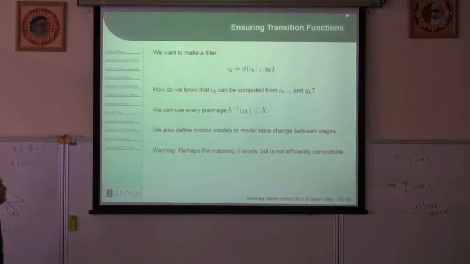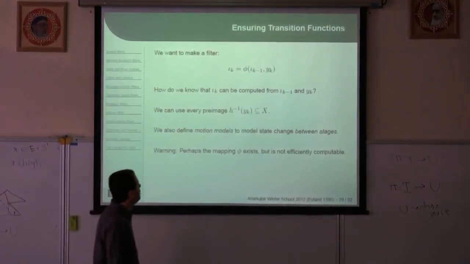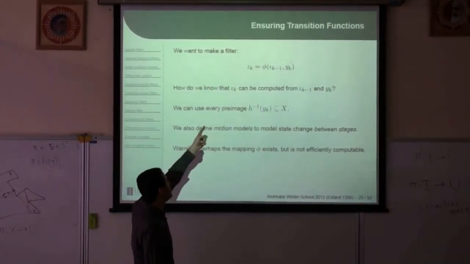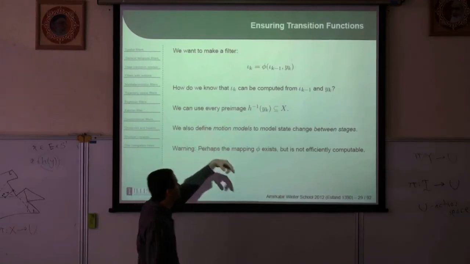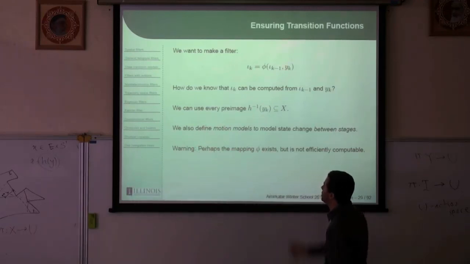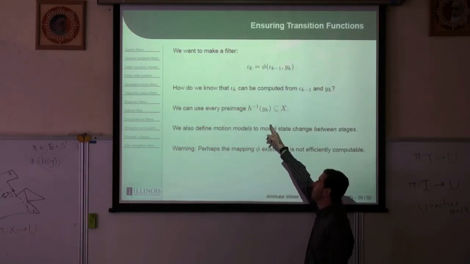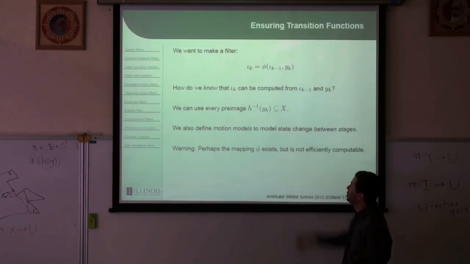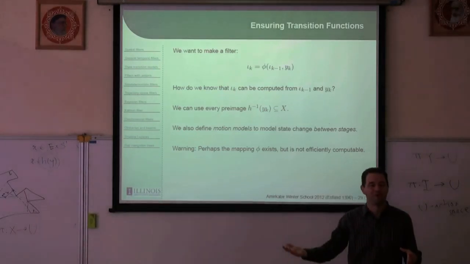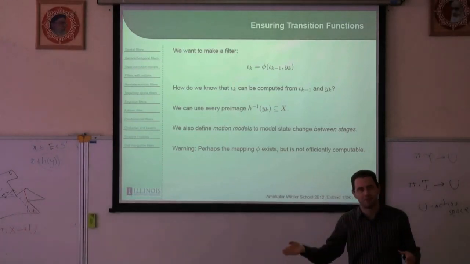Well, let's see. We want to make a filter that goes like this, and how do we know that we can get to that next information state using the previous one in YK? Well, we can look at these pre-images here. These are helpful. I can take the new observation and look at the pre-image. That tells us a lot. However, I must have information about where I was before, based on the previous observations, but also what else